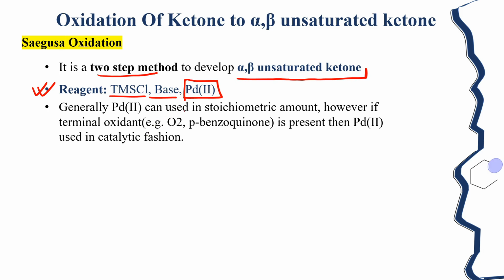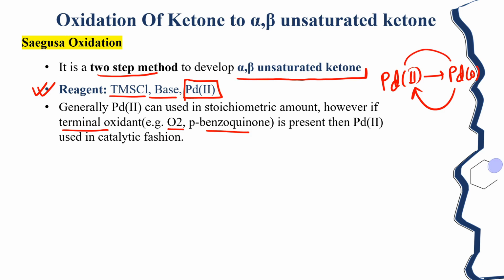So, the scientists introduced some kind of terminal oxidant like oxygen or parabenzoquinone. This type of terminal oxidant was used in the previous lectures where OsO4 was used in dihydroxylation. There also NMO was used as a terminal oxidant. Similarly here, if you use palladium in a catalytic amount, we have to introduce a terminal oxidant, because in this reaction palladium 2 goes to palladium 0,